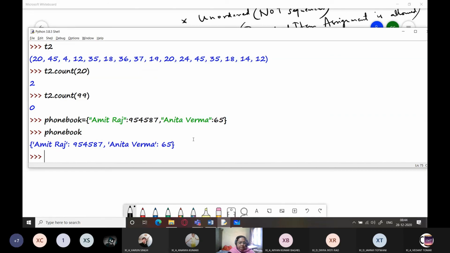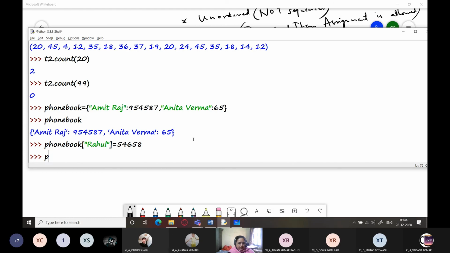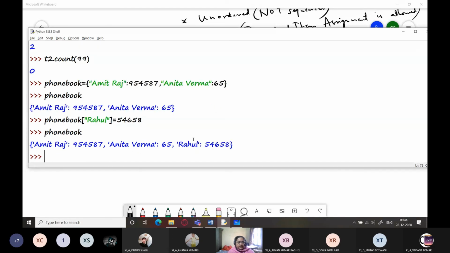Now I'm going to add more items. How to add more items? Write phone book, start a square bracket, provide the key over here, and provide its value after equals. Now when you display phone book, you will see that it contains all the three values.